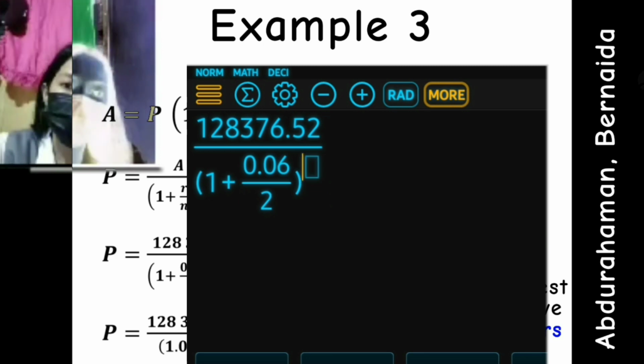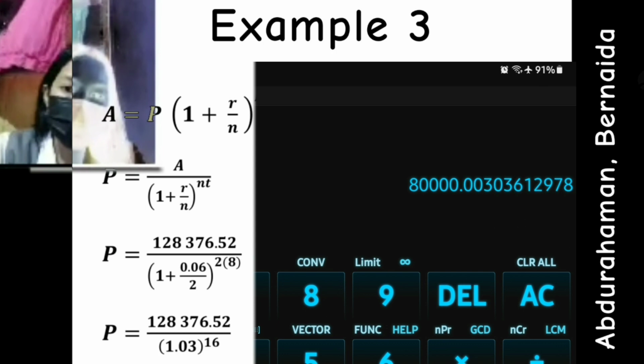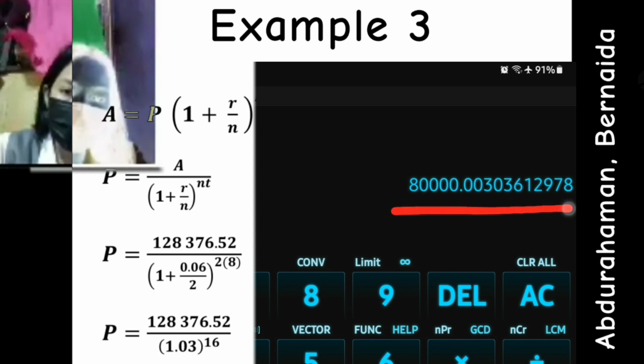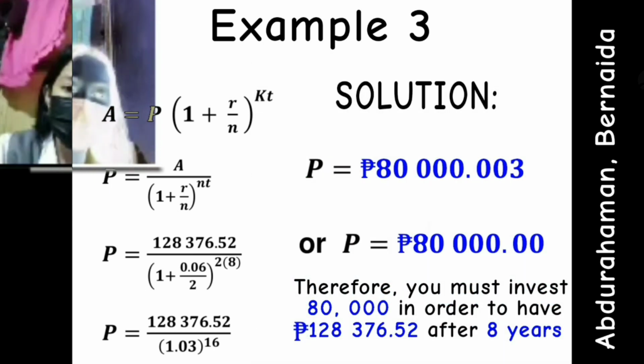So principal equals 80,000.77. Therefore, you must invest 80,000 in order to have